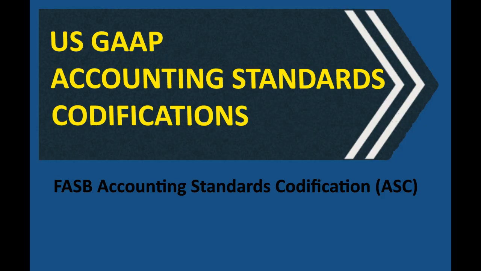What about more detailed references, like if we're writing internal memos or research papers? For those, the FASB recommends a more specific format. So you start with FASB ASC, and then you follow it with the precise codification reference. So if you wanted to cite the whole receivables topic, it would be FASB ASC Topic 310, Receivables. And if you need to reference a specific paragraph, like say paragraph 2 of section 15 in the receivables overall subtopic, it would be FASB ASC paragraph 310-10-15-2. So there's a clear, consistent format for citations.